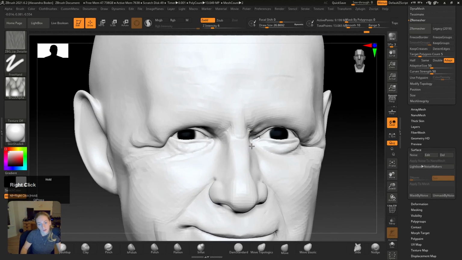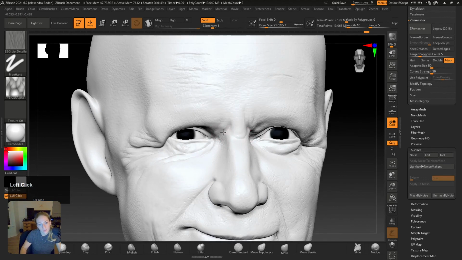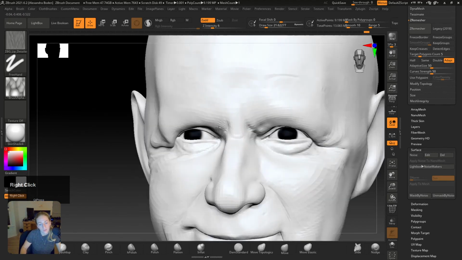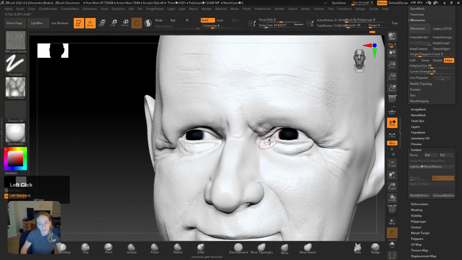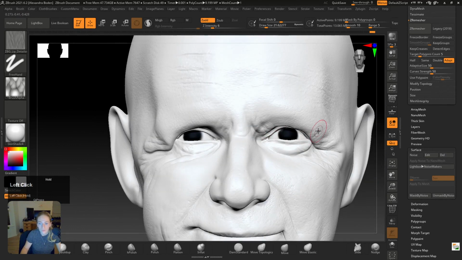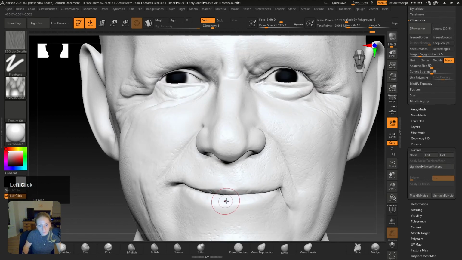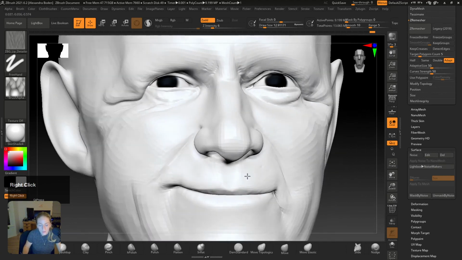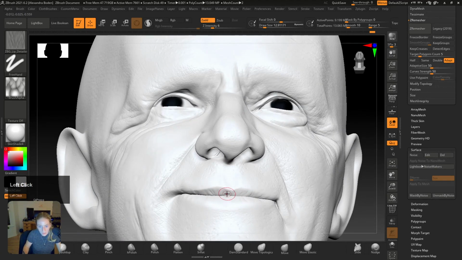Alrighty, I think I really like using the lip detailer for flowing where the wrinkles need to go. It's really nice for just defining the flow of the wrinkles. And I think I'm going to call it here